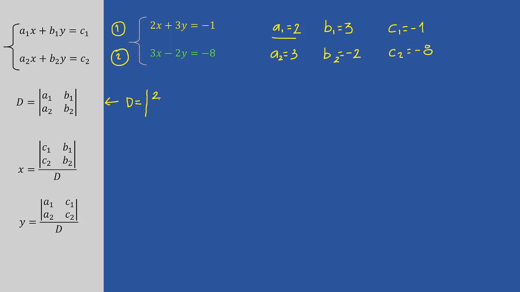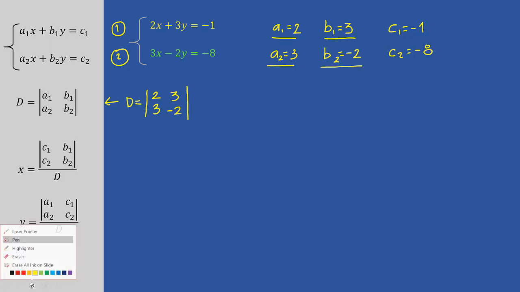And below that, A2, which is 3. Now B1, which is 3. And below that, B2, -2. Now when we saw how we solved